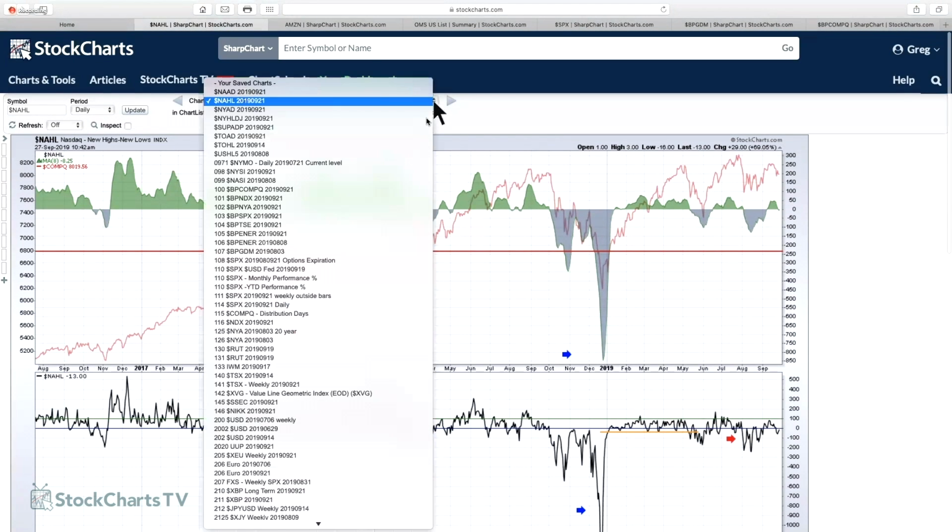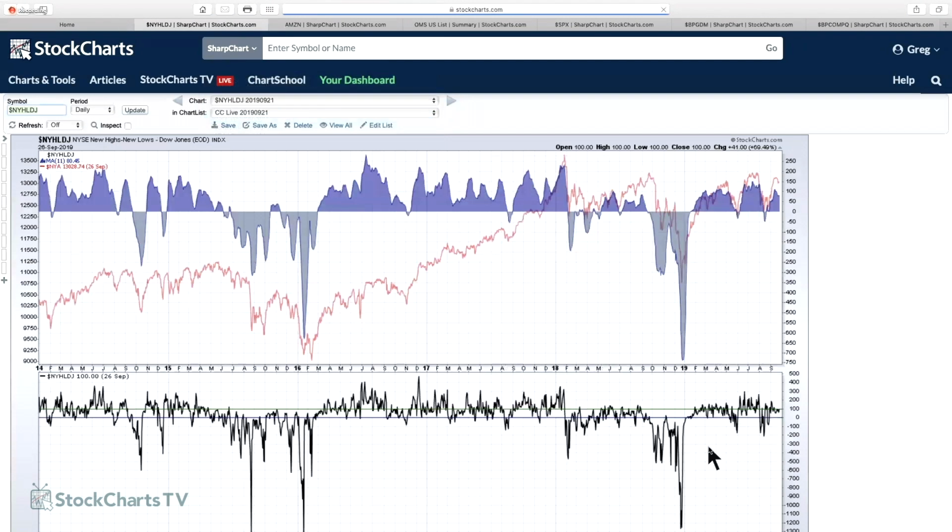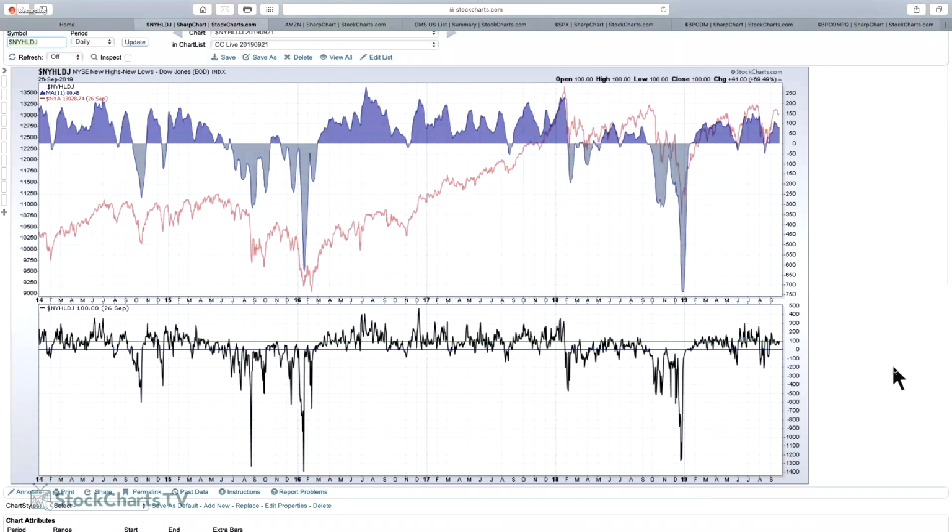Now, when we look at the same thing for the New York market rather than the NASDAQ market, the New York Stock Exchange, you can see we're just kind of pinned around this 100 level. We had a brief surge in June, July, August that made us start to think that things were going to get better. And now we've just kind of reverted all the way back to where we were. Again, using that same moving average period, we're starting to make a lower high over here. So this market continues to just try and test and break out. The New York Composite made its high back in January of 2018, and we continue to struggle to get through these prior highs. And so far, that hasn't happened.